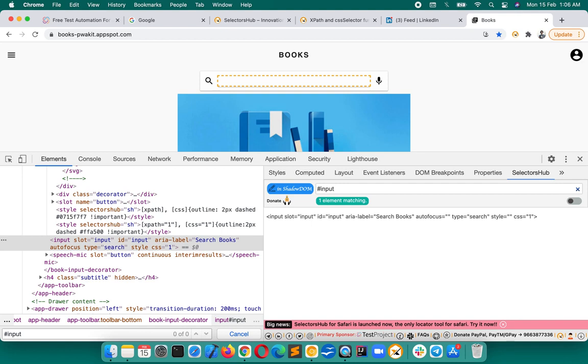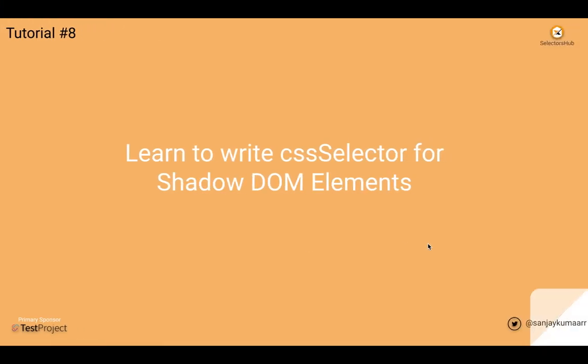When you are writing a Selenium script or any script, you will have to follow certain rules to handle shadow DOM elements. So you will have to check that code while using this CSS selector for shadow DOM. You cannot directly use driver.find_element by CSS selector for shadow DOM elements. No, you will have to handle them through JavaScript and some other scripts people use, so that you can find them. Okay, so that's about shadow DOM.